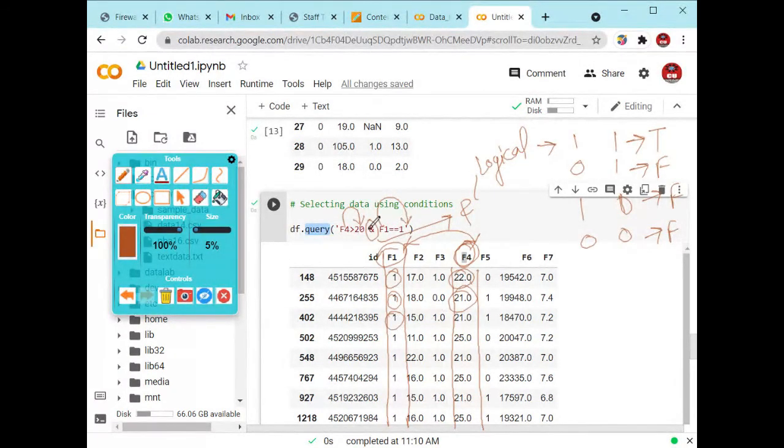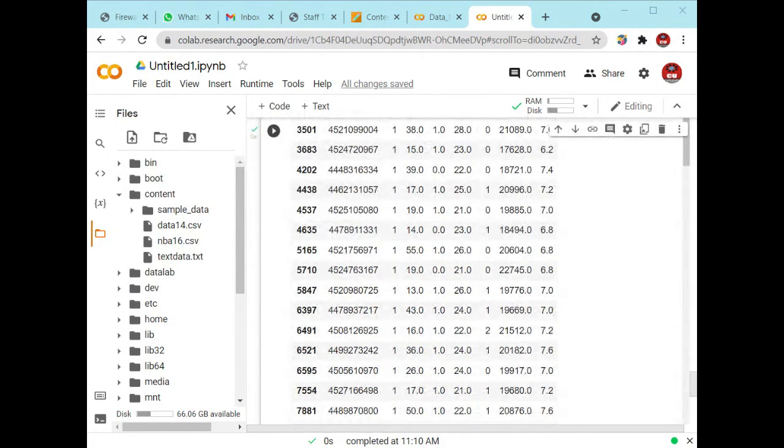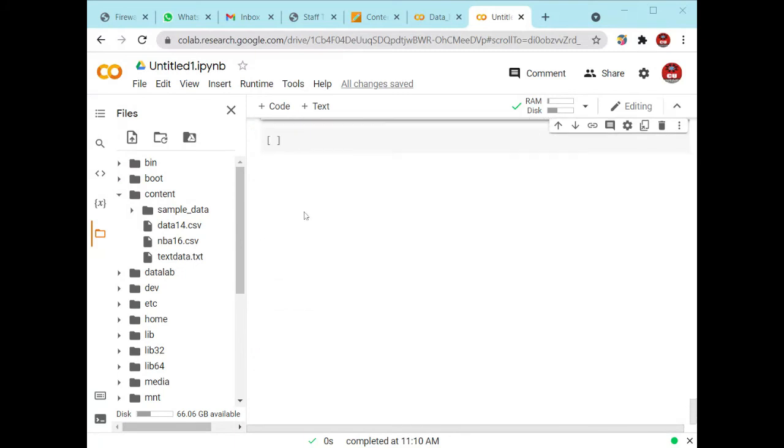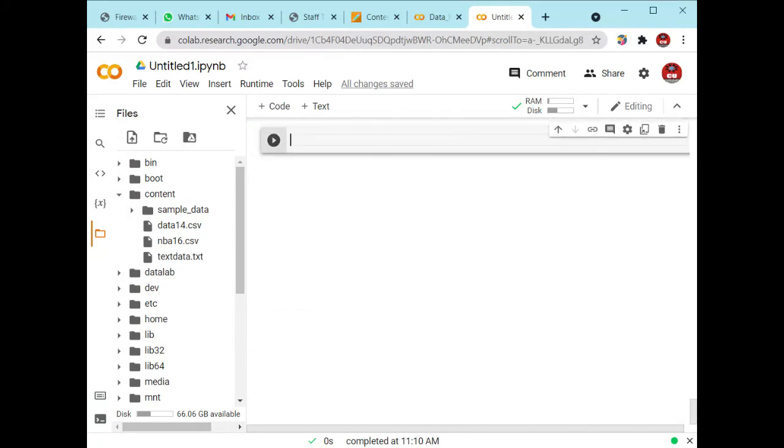So both the statements inside this query block must be satisfied, then it will send the true signal. Take the value greater than 30 in F4, and the F1 column value should be equal to 1, then you will show the output in the form of shape.